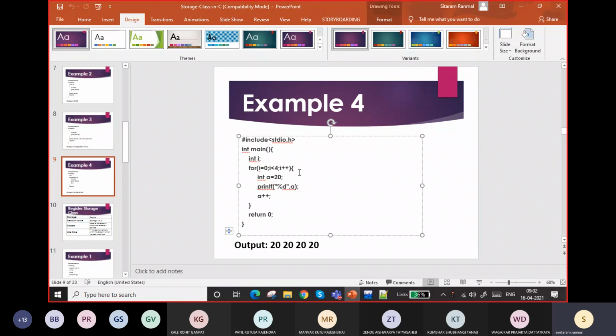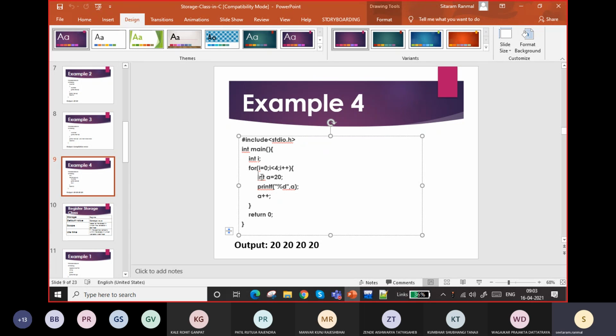Again it will come for increment, i equal to 1, then 1 is less than 4, yes, so it will go inside. Again it will allocate int a equal to 20, a new variable, so the value of a will become 20 again. So printf %d a, the value of a is 20. Therefore, for each iteration of this loop, it will print 20, because this is defined inside the loop.